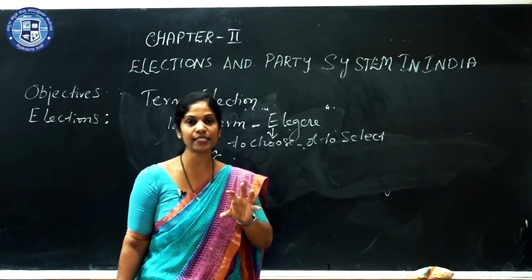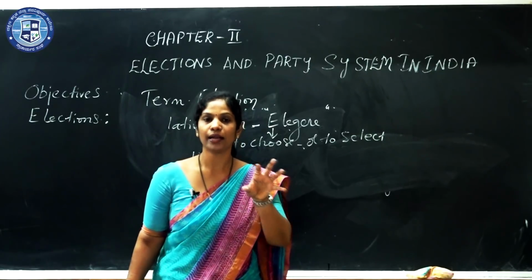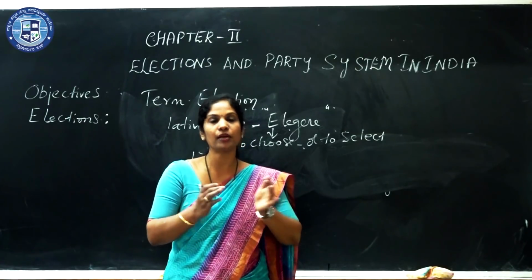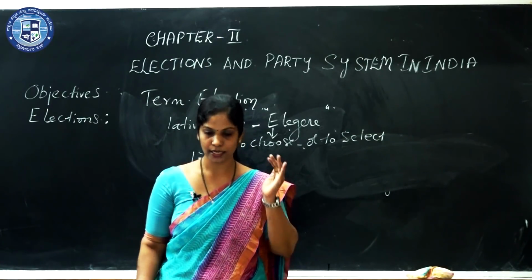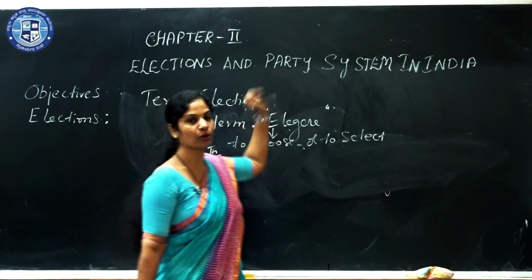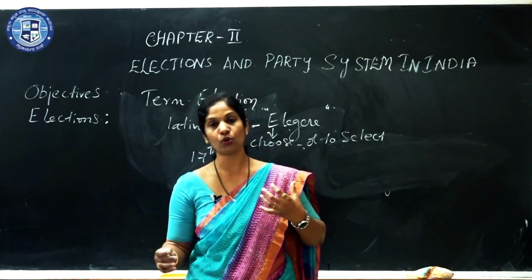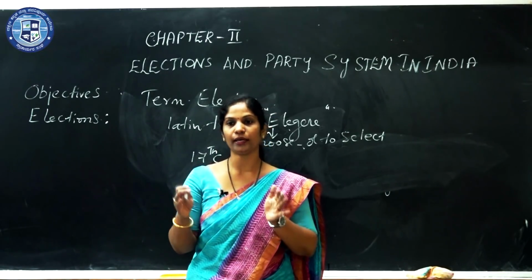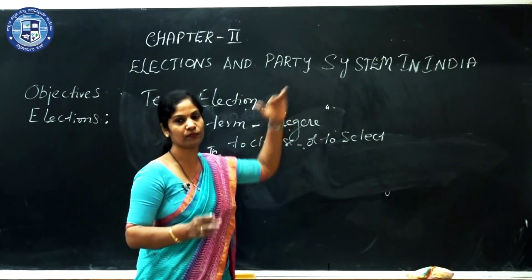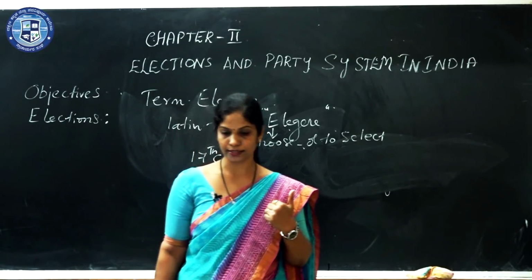emperors. Okay, so that system is known as the voting system, through which we choose our representatives, or our leaders, or those whom we want to become the leaders. Of course, here we are also focusing upon the political parties. So they also play a major role. There won't be any elections without the political parties. So there must be political parties. So that is why in this chapter we are also focusing upon the party system or the political parties.